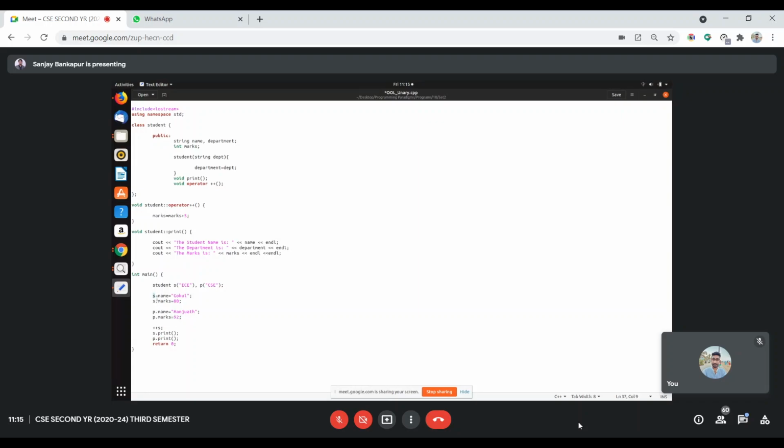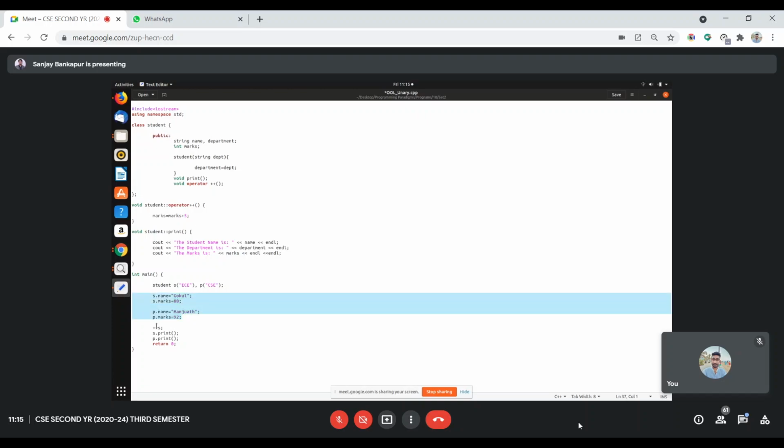This is an object and we can access the attributes using the dot operator. We can access it because it has been mentioned under the public access specifier. If we look back at one of the previous sessions, all the attributes and methods mentioned under the public access specifier can be accessed anywhere in the code. That's why in the main function we can access using dot.